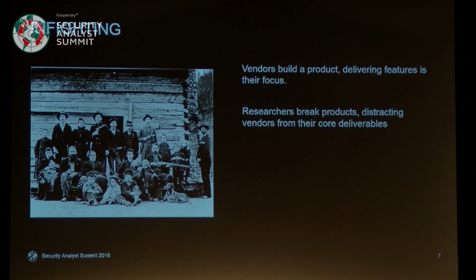So we have this infighting. This is another big problem we have. Those are the Hatfields and McCoys, and they had a legendary blood feud. Okay, why do we have problems between researchers and vendors when we're all defenders? We're all fighting against the bad guys. We're all trying to stamp out these vulnerabilities before they get used for exploitation, right? Well, you start with vendors build a product. They're delivering a product. And yes, they want to deliver a secure product, but what they really want is deliver great new features that capture market attention and sell product.